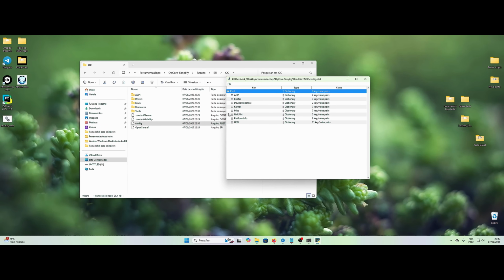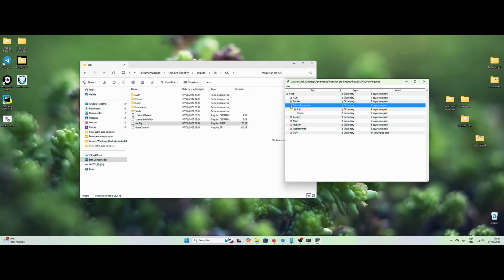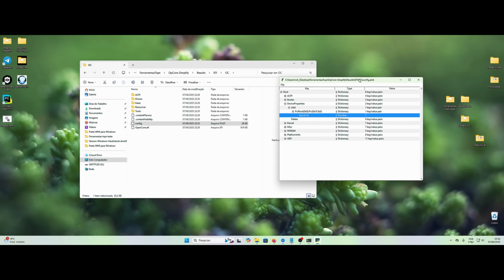So here is the formalized Wi-Fi. Let me see what the audio is like. Oh, you got mine from device properties here for audio. It would have to be 7, not 3. I don't know why it did that. Strange here. I'll edit it, but it has to be 7, if not my audio doesn't work. This is because I already know, guys, okay? But that's why I'm talking about the importance of you going to the guide to get to know it. The audio part is also important. Every key here is very important.